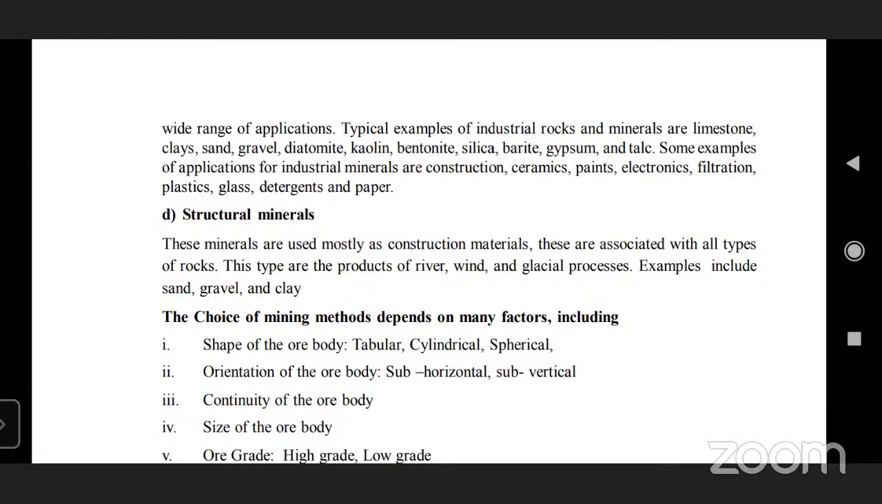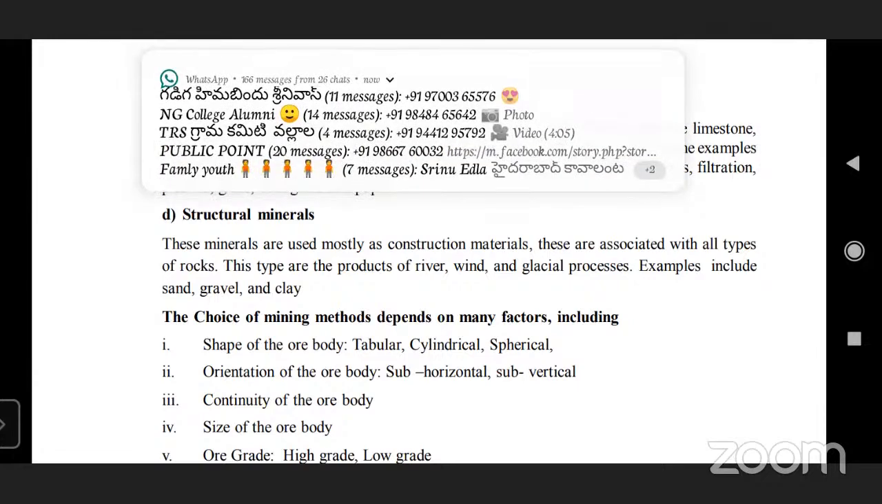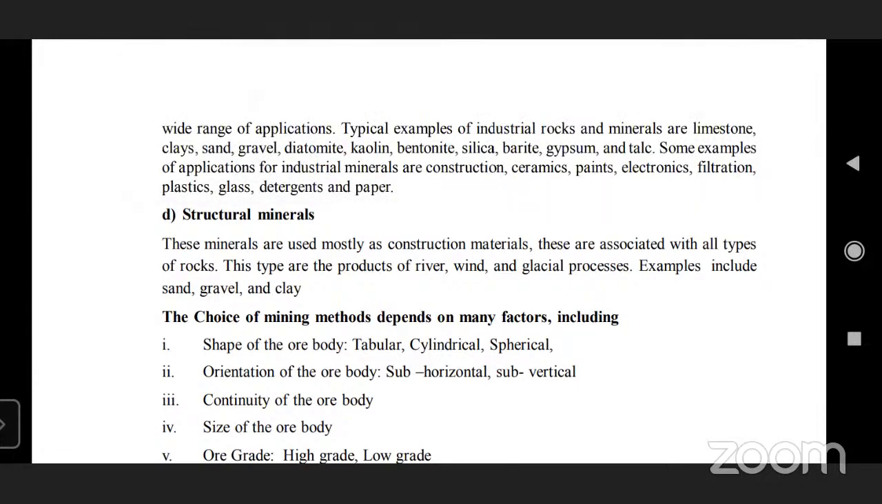This type are the products of river, wind, and glacial processes. Examples include sand, gravel, and clay. Those are the structural minerals. And the choice of mining methods depends on many factors, including